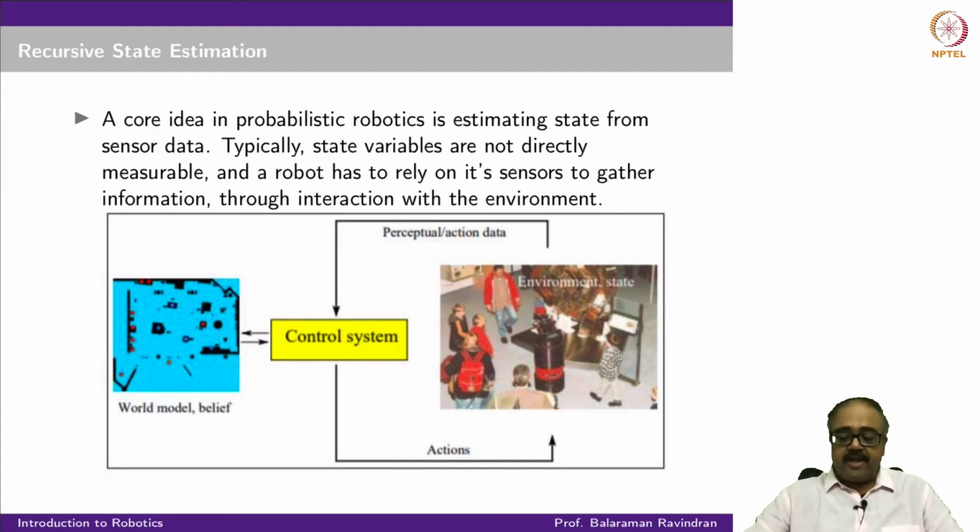I really need to know the XY coordinates of the bot and the orientation it is facing. And even if I have a GPS sensor, because I'm indoors, the GPS sensor is going to be pretty inaccurate. It's just going to tell me within a very broad region where I am, and it's not going to tell me exactly where I am in relation to various obstacles or humans and other people that I'm interacting with